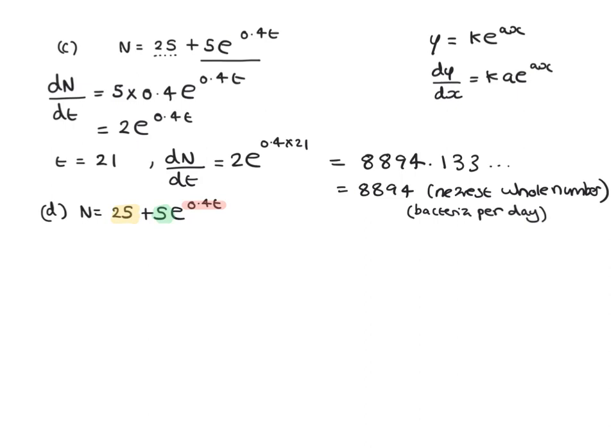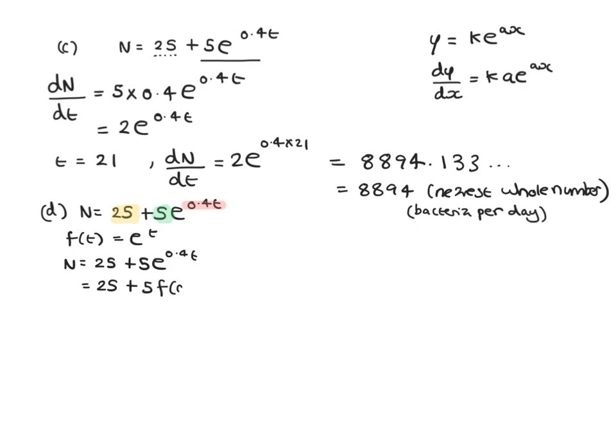So if we were to say that f of t was equal to e to the power of t, then what we have here is n, which is 25 plus 5e to the 0.4t, or 25 plus